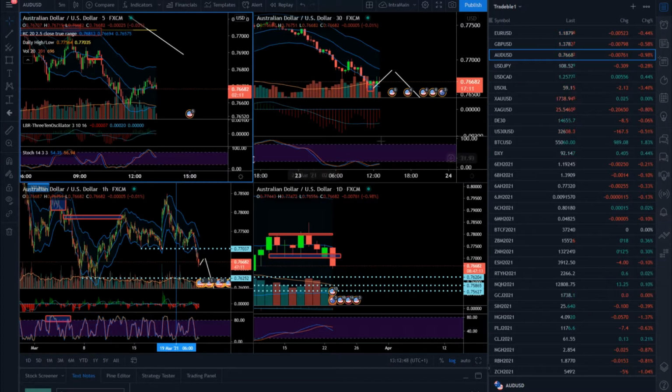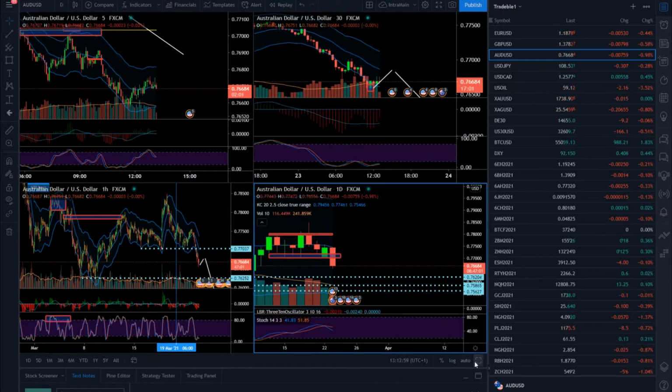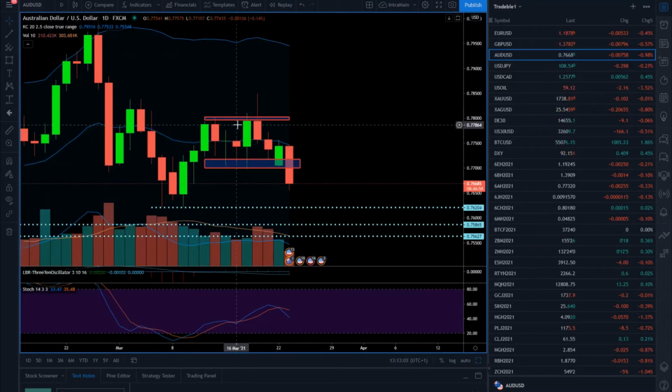For today's video, I decided to cover the Australian dollar versus US dollar because I think there is a great opportunity on this currency pair. I will start with the daily time frame first. This is a daily time frame of the Australian dollar versus US dollar, and as you can see here, basically this currency pair